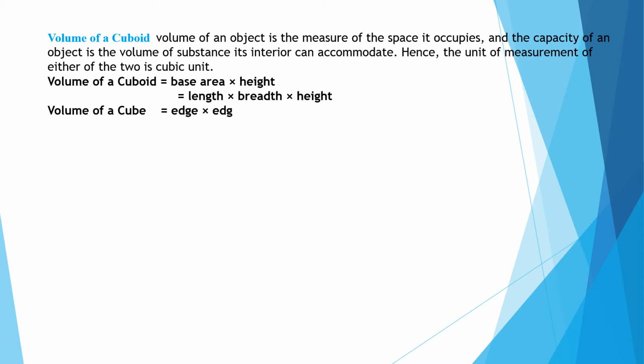Volume of a cube is a into a into a, that is a cube. So this is all about the volume. There is a big difference between volume and surface area. Whenever we are talking about capacity, we will find its volume, and when we are talking about surface area, we are talking about the outer boundaries: outer surface, lateral surface area, total surface area. So when we are talking about the capacity, we will calculate volume.